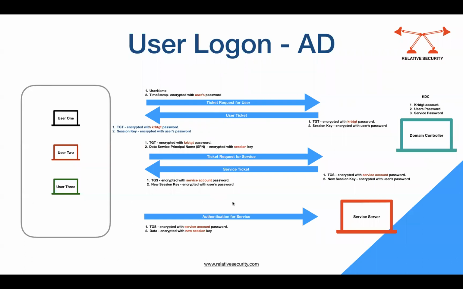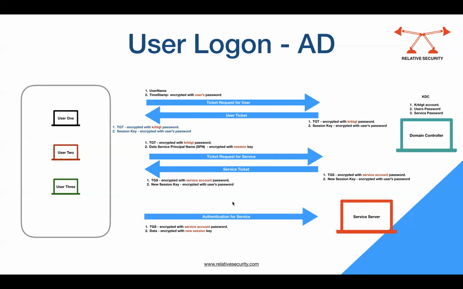Now imagine why this data that is being encrypted with this new session key is important. Because every time, the target server can trust the contents of the TGS because that is encrypted with the target server's own secret key. However, the target server cannot trust the ticket was really sent by the client, for example, the user. So the reason is that the